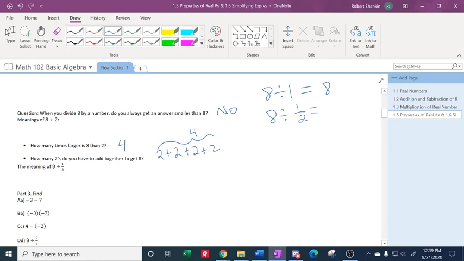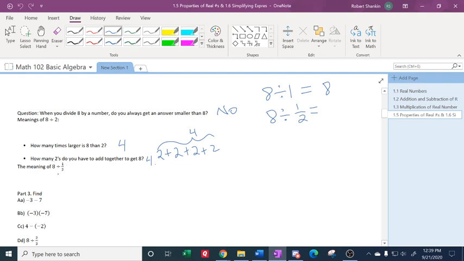There are 4 of these, so the answer is 4. Alright, now that's the way we're going to look at 8 divided by 1/2. 8 divided by 1/2, we'll ask both of these questions. How many times larger is 8 than 1/2? That can be hard to answer, but it's a little easier to answer